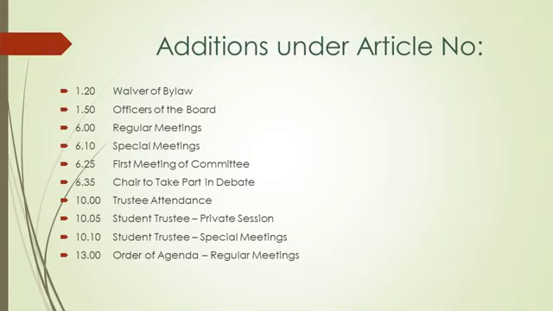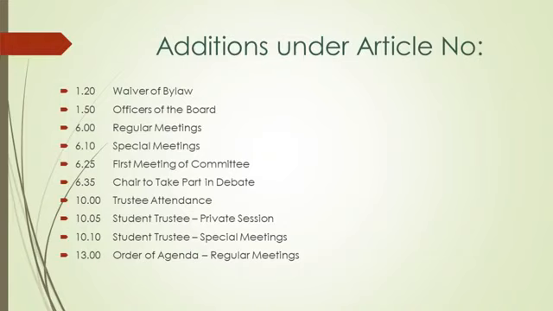And 13, for order of agenda, we reordered some of the items on the agenda to put them in different spots. The two basically were the report from the director and the report from the chair. In our current bylaws, they come at the very end of the meeting, after the private meeting, and reconvene back into public session. And we've put them up farther into the first part of the regular meeting so that anybody who is listening or the public could have access to the director's comments and the chair's comments before the end